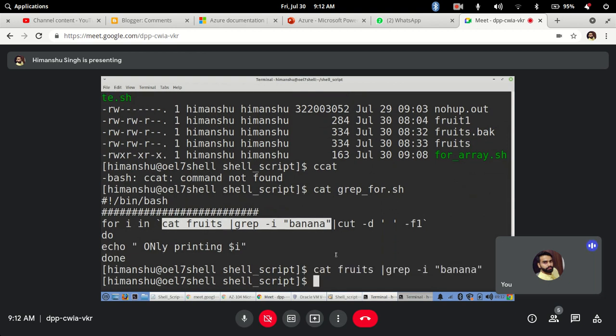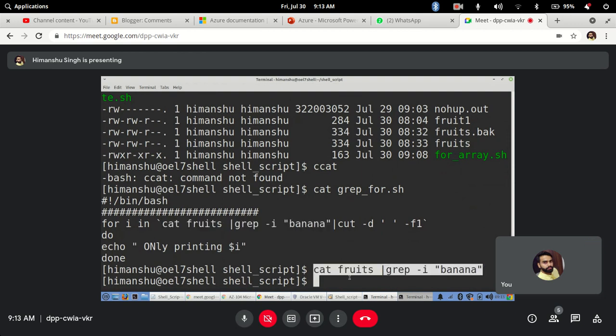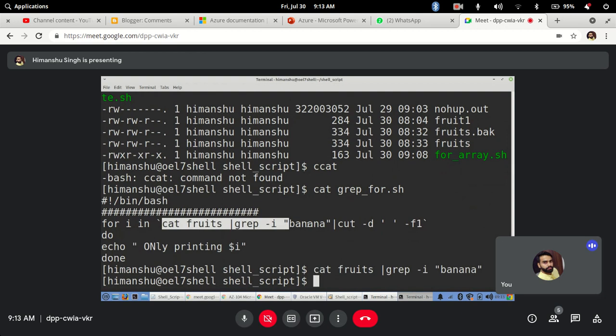You can always run it individually. I think the fruits file is okay; I've replaced banana anyway, so it will go ahead and print based on that. Once you run that command individually, you will understand that it is printing this. Next, I want field F1 to be printed, so it will pick up the first field and print based on whatever value is in the fruits file.